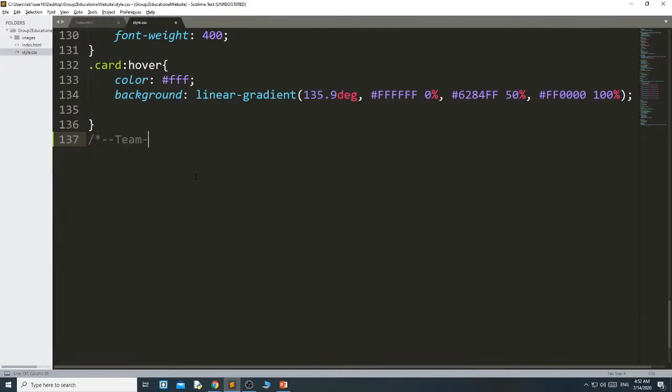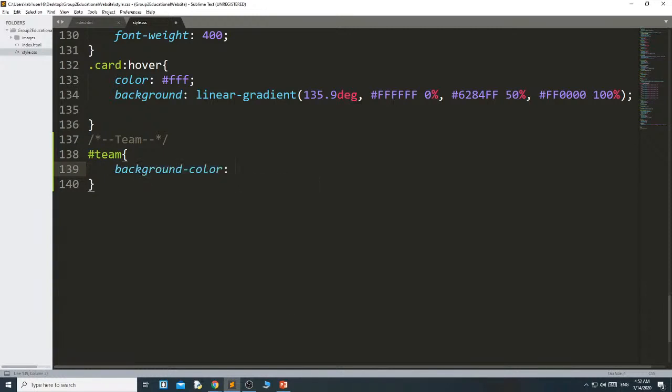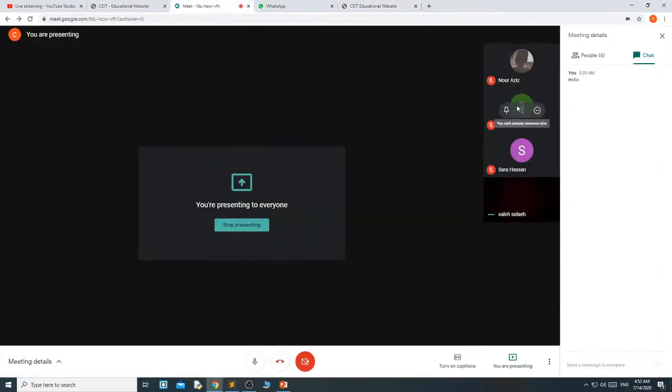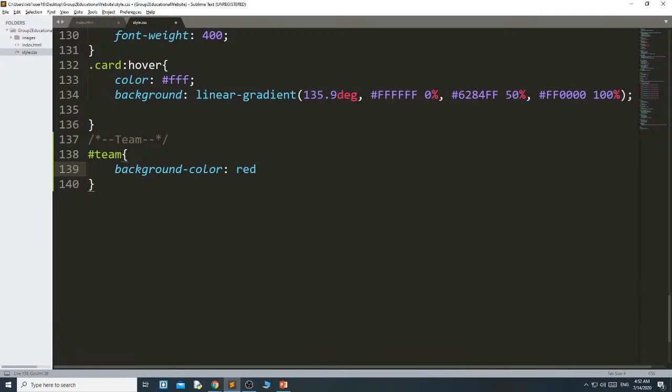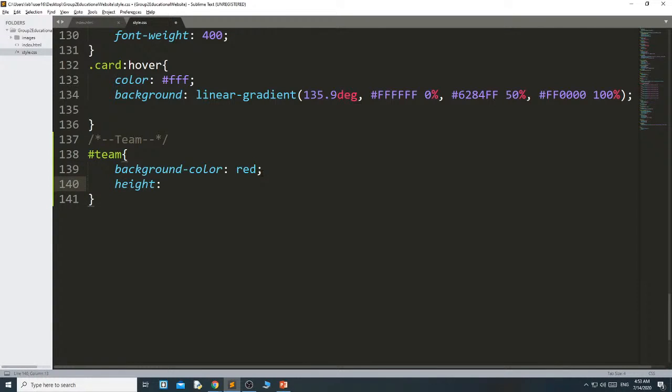Let me give some color for this time frame. Background color, suppose red, and height, suppose 88, 40 base, 48.